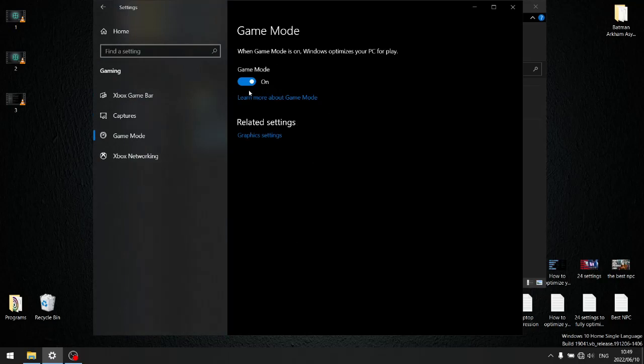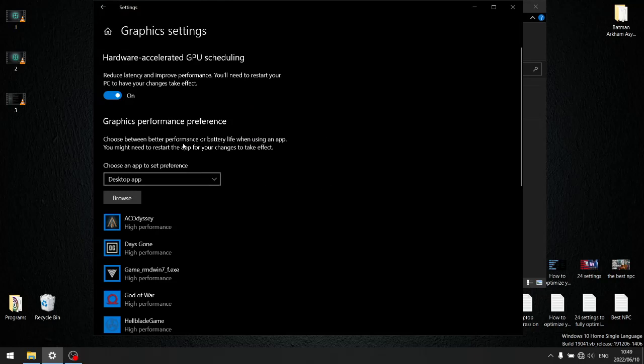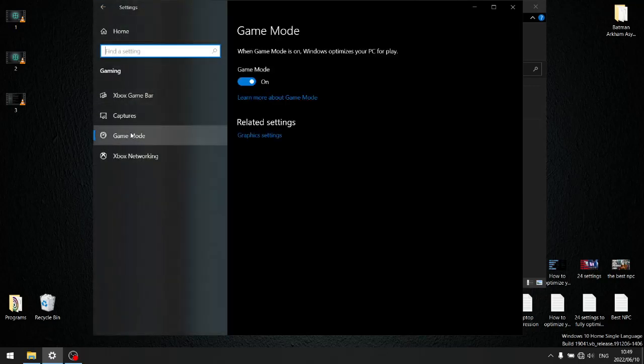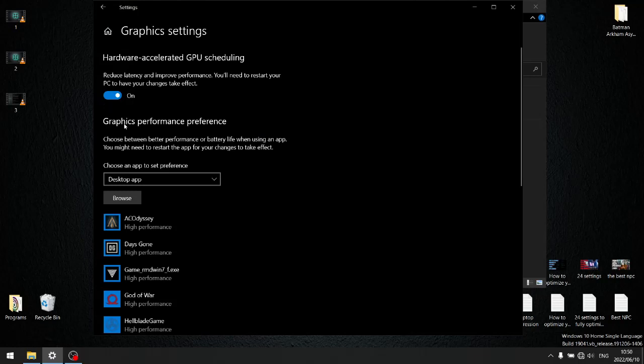Game mode, people used to recommend switching this off, but in the latest version of Windows 10, which is 21H2 and 21H1 for that matter, they've greatly improved game mode. So make sure that's on, and then click into graphics settings. If you don't have hardware accelerated GPU scheduling switched on, go ahead and switch it on. Once you switch that on, your computer is going to give you a prompt to restart. Just go ahead and restart, and then make your way back to settings, gaming, game mode, graphic settings, and then